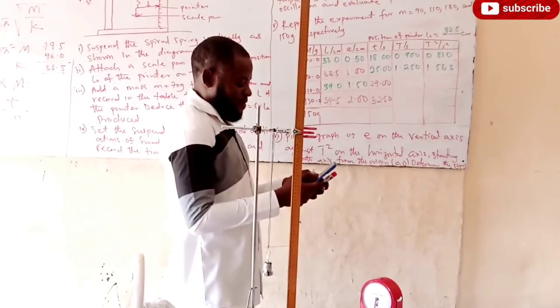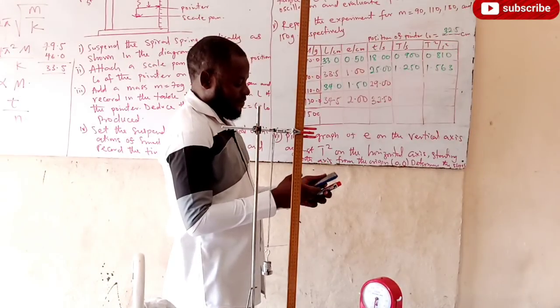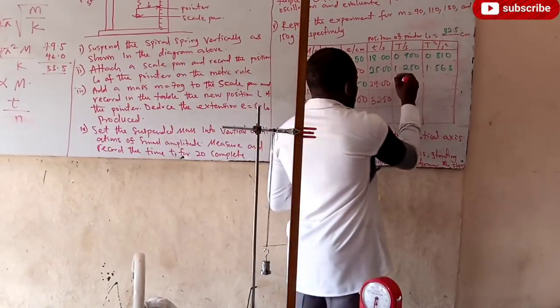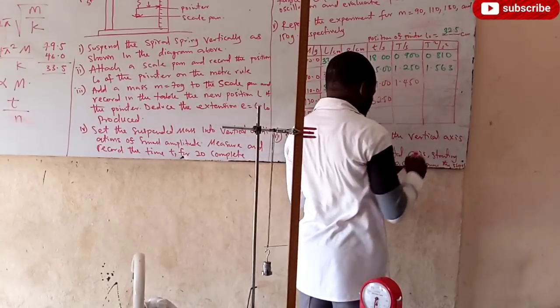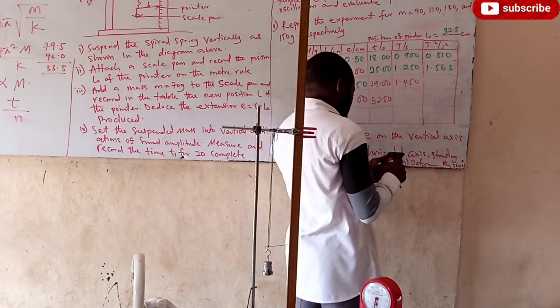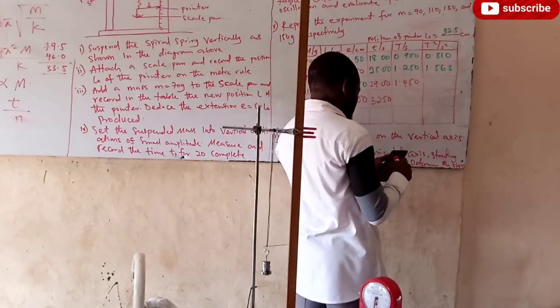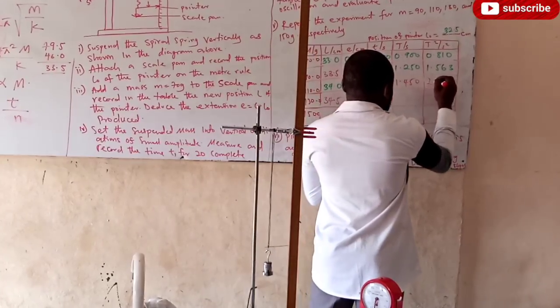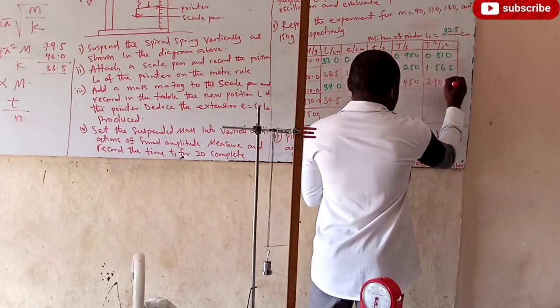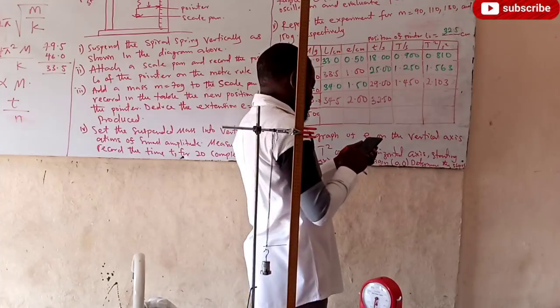So it's 29 divided by 20. So that's 1.45. 1.450. So we'll square our result. What are we going to have? So that's 2.103. Okay, and the next one is